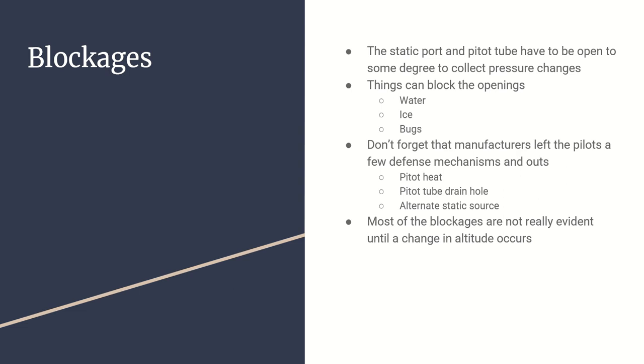There are some aerodynamic things that we have to deal with, and the readings that are collected by the instruments are sometimes still not 100% correct. They still exhibit some error. So those are nice things that the manufacturer has left for us, but it's also important for us to know what happens when we have blockages, right? What these instruments are going to show us, even though they're not correct. Because sometimes figuring out that you do have a blockage is seeing that these instruments are not behaving the way